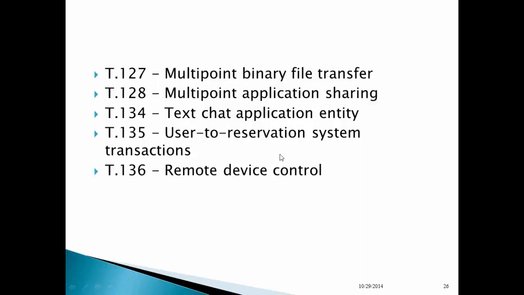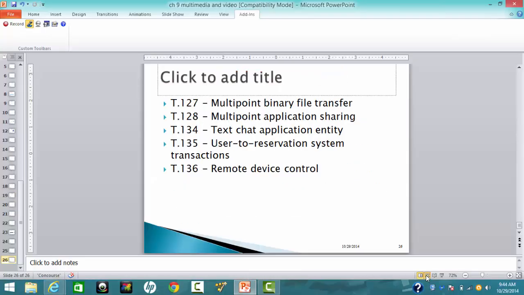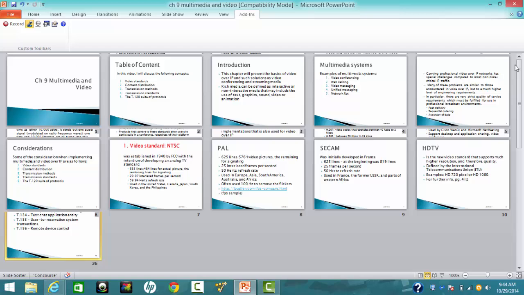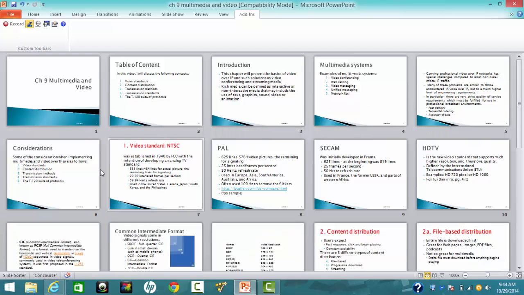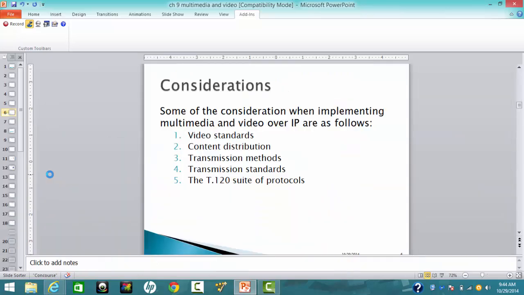So, in summary, we have discussed the different types of factors that affect the performance of multimedia and video over IP, such as video standards, content distribution, transmission method, transmission standard, and the last one is